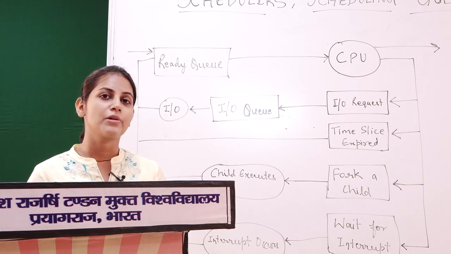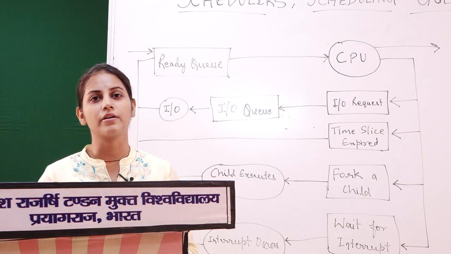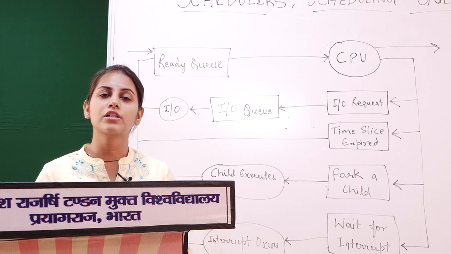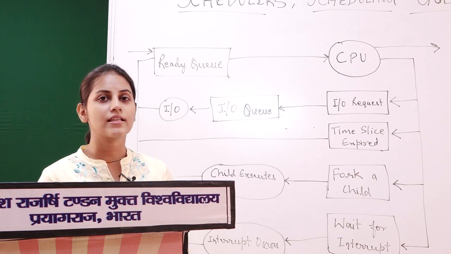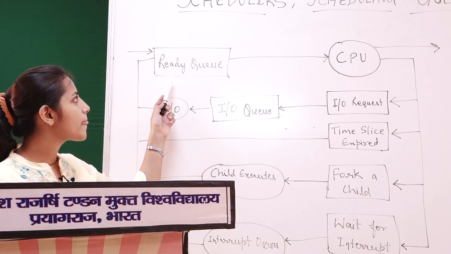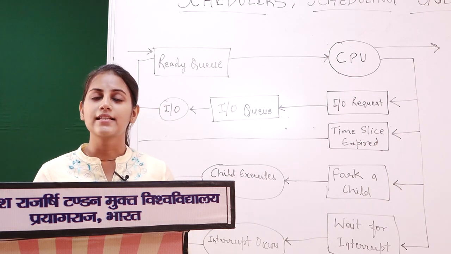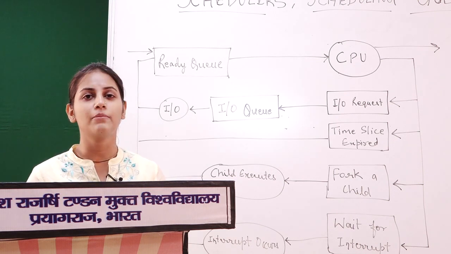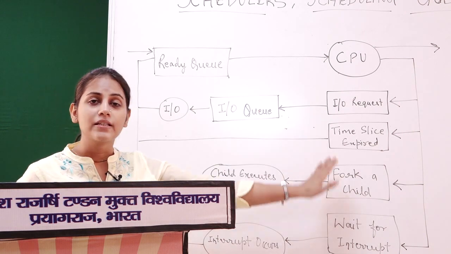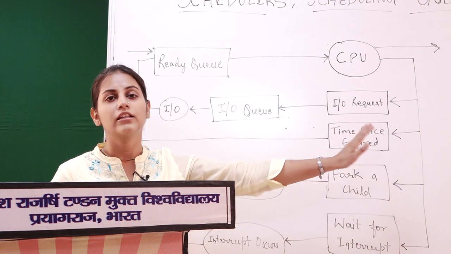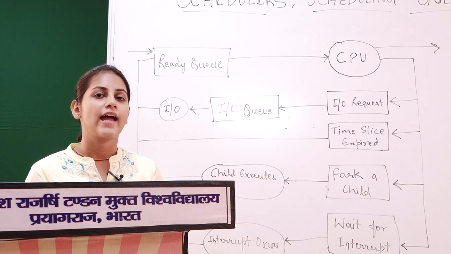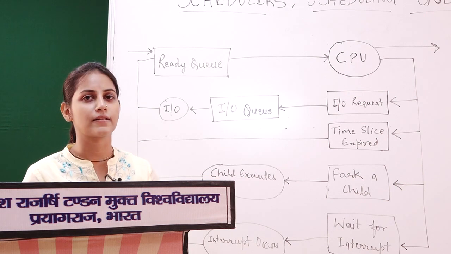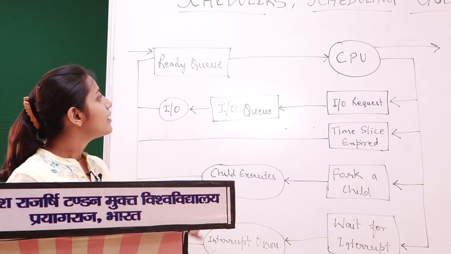The main difference between the long-term and the short-term scheduler is in the frequency of selection. A long-term scheduler selects the processes for keeping in the ready queue, and this decision does not have to be very frequent. After some point of time, once a process has completed its execution and has terminated, the long-term scheduler will get invoked and select one of the processes from the pool of processes that are residing on the disk. While